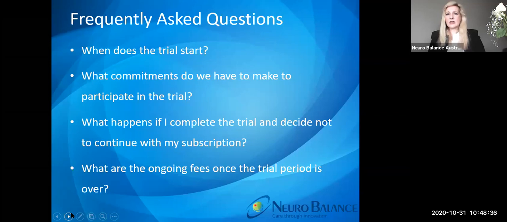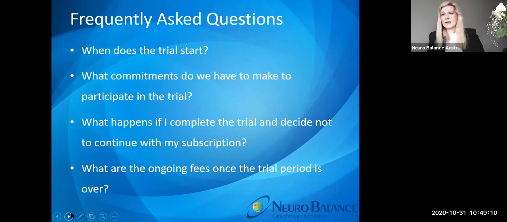As far as the trial goes, if you decide not to continue with the subscription at the end of the trial period, that's okay. We give you an additional 30 days for you to access your data and to be able to then PDF all of your client records and store them on your own hard drive, or even print them up if you prefer to. And then we wait another 6 months after that. We archive your records. We wait 6 months, and at the end of that 6-month period, we then delete everything that's stored there, and it's a permanent delete.